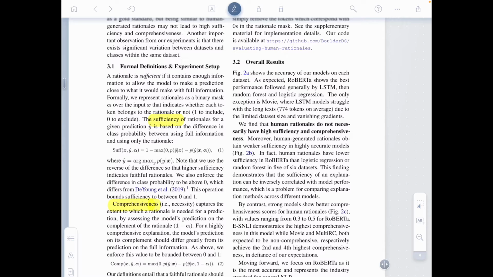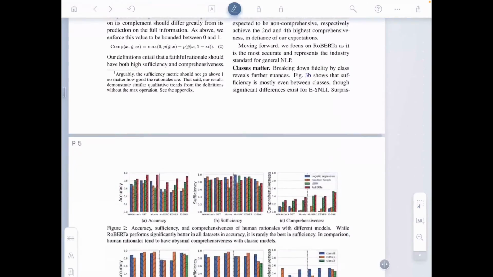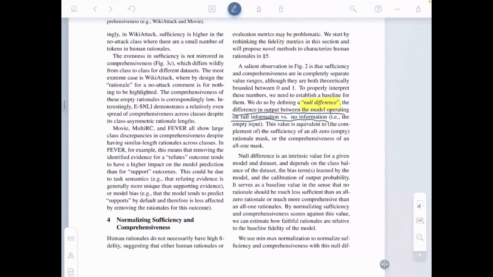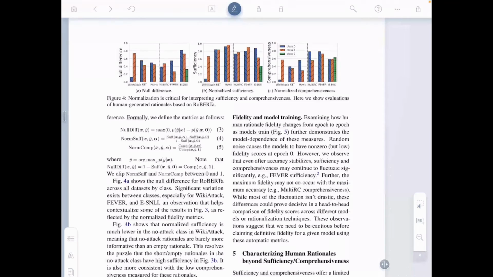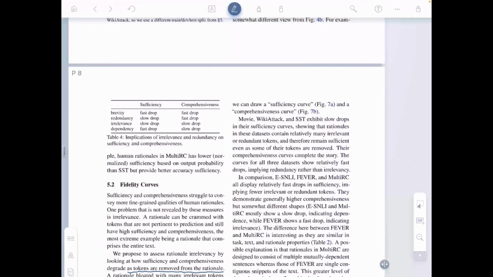And they scaled the sufficiency and comprehensiveness scores using some sort of null difference, and equations 3 to 5 depict their final normalized sufficiency and comprehensiveness scores. The results suggest that sufficiency and comprehensiveness metrics are highly model dependent and should not be compared across models without care. For fidelity curves,